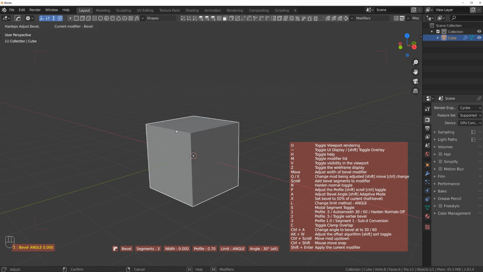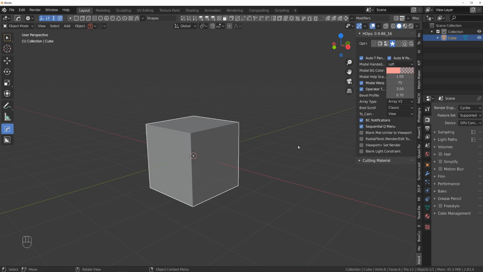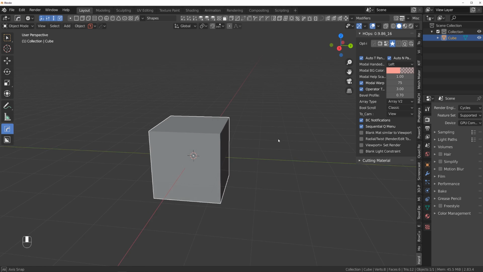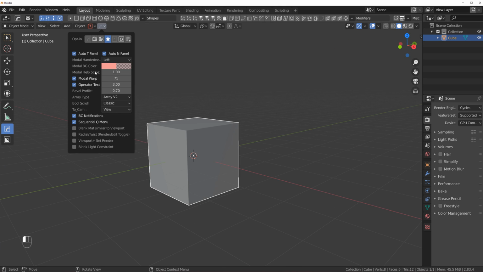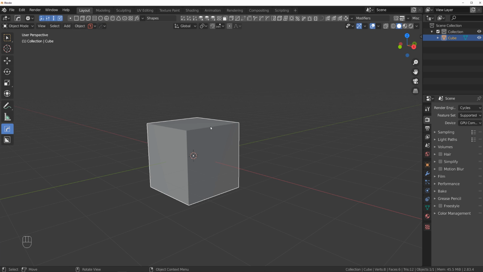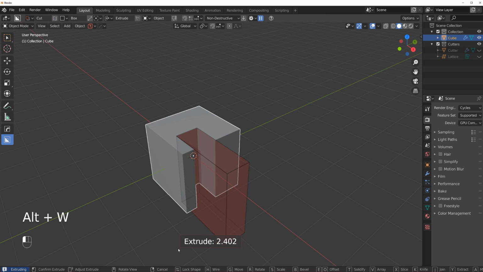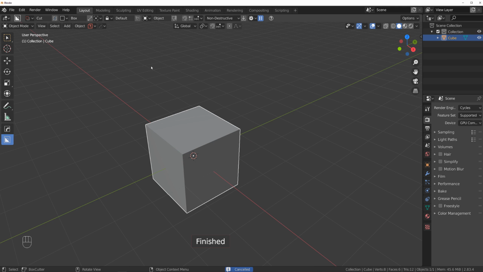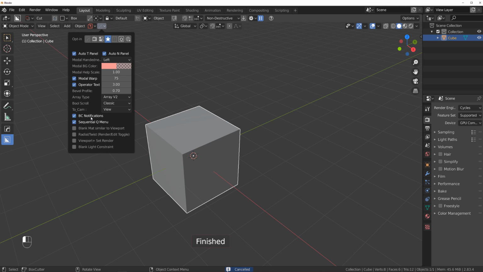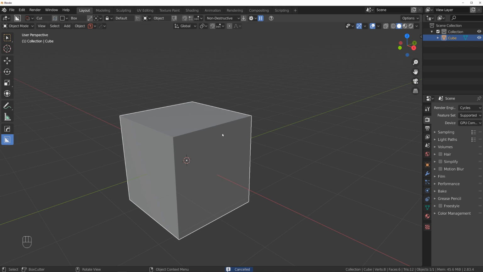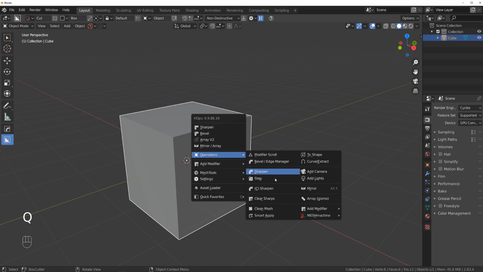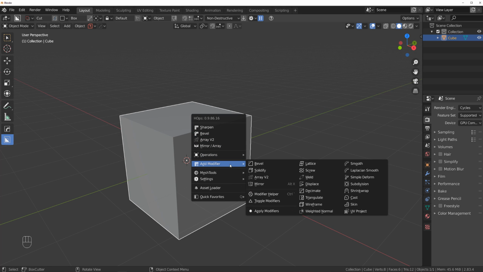Otherwise it would be simply too congested, especially on smaller monitors or laptops. That's your menu in here, and BC notifications is simply notifications from Box Cutter at the bottom. So it just gives you some interesting information on what's happening. And this one here, sequential menu, is simply a menu that displays modifiers and all this stuff on these rollout menus in a much more